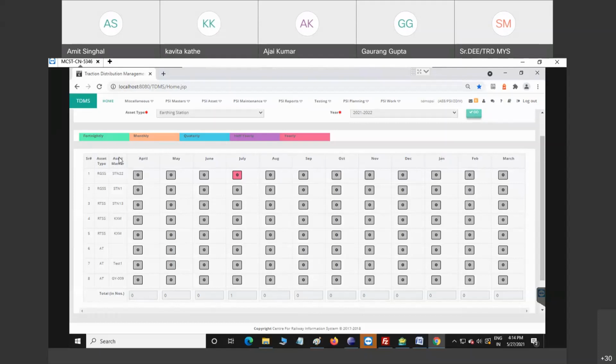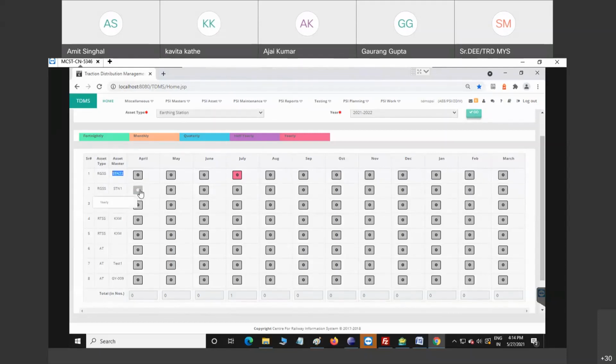Earthing station maintenance is done according to asset type and location, so the rows appear depending on location type and location. Here RGSS is the location type and the location is station 22.